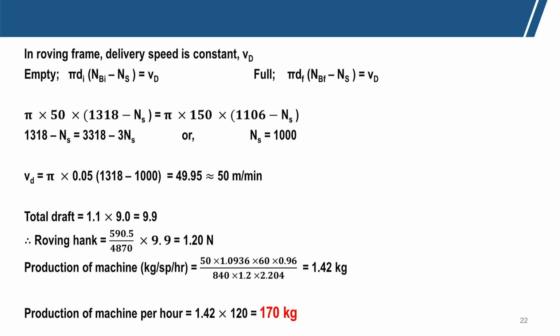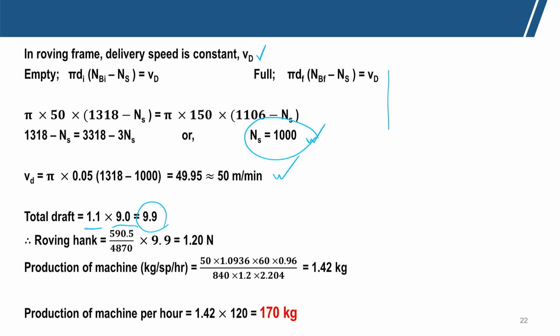In the roving frame, the delivery speed Vd, using the earlier relationship with Ns, the spindle speed is 1000 rpm and the delivery speed is 50 meter per minute, which we have already got. The total draft becomes the break draft multiplied by the main zone draft,